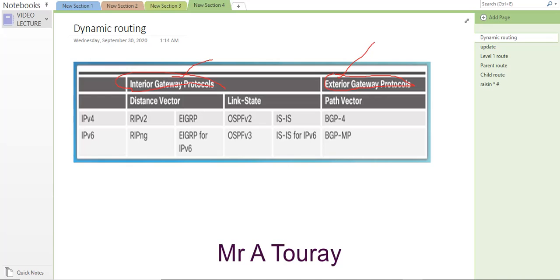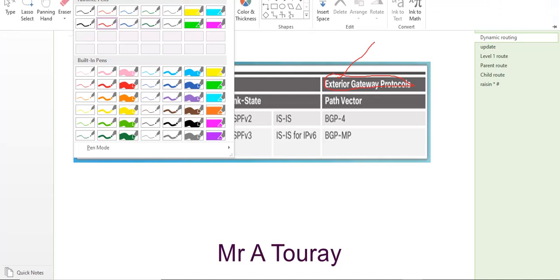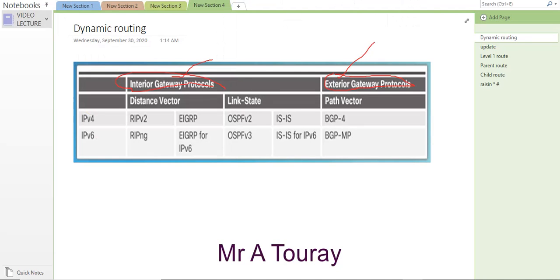The interior gateway routing protocols come in two formats. We have the distance vector routing protocols, and we have the link state routing protocols. These are the two types of interior gateway routing protocols. So the difference between